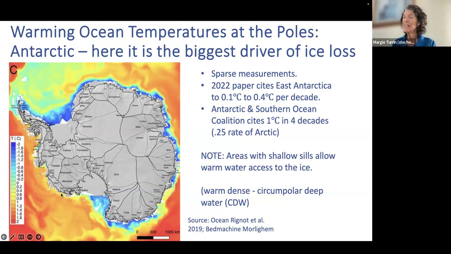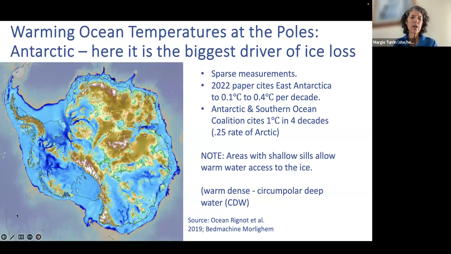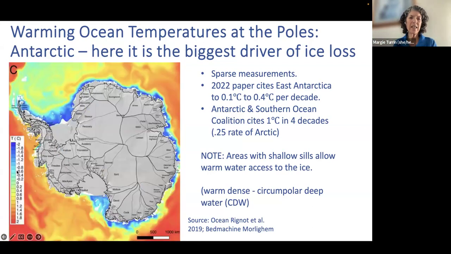In Greenland, for that ice sheet, the biggest factor is actually shifting. It was atmospheric temperature, and now it's almost half and half with ocean and atmosphere. And one of the things that I want to point out, I think I did this, did I? We'll see, and if not, we'll pop back to, yep, I did. So I want to point out that this area where you see all this incredible warming,